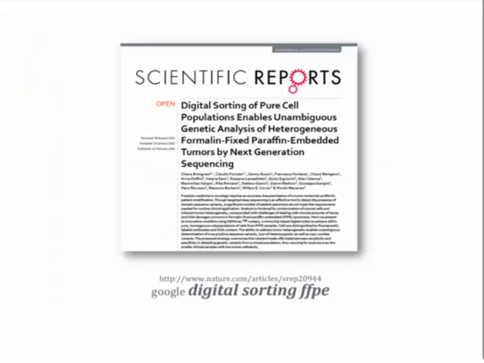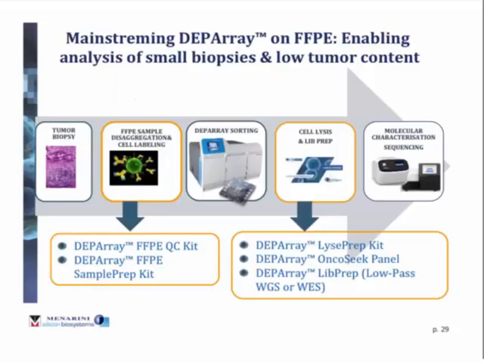And to address this problem, we use the power of digital sorting with DEPArray, and we published last year in Nature Scientific Reports. You can find this publication. It's open access. You just Google digital sorting FFPE and it pops up. And we published that we can use DEPArray to purify cells from FFPE samples at 100% purity. And this again makes a difference and we can now build a workflow for precision medicine, starting from even very